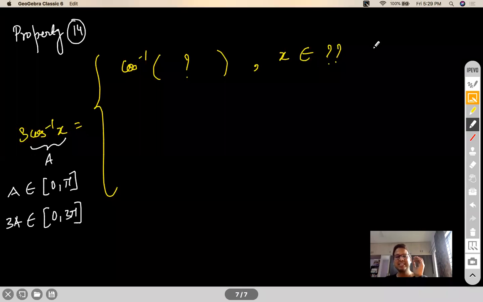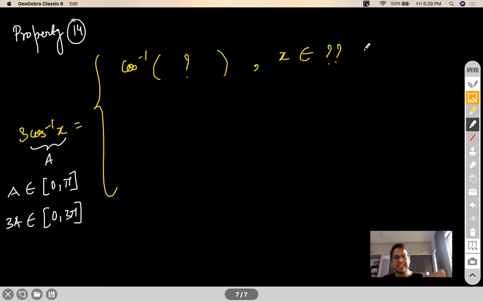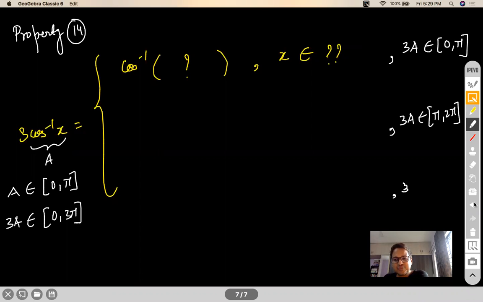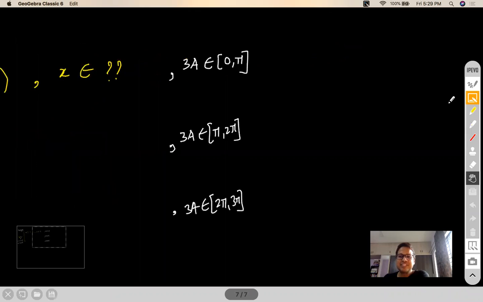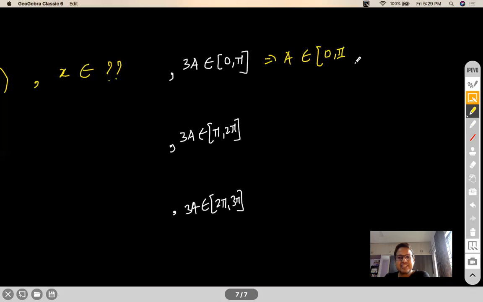So 0 to 3 pi, then 3 intervals have to be made because at every interval of pi, things will change. Correct. So this interval will be catering to 0 to pi. There will be one interval which should be catering to pi to 2 pi. And there would be one interval which is catering to 2 pi to 3 pi. Okay. Now, if this is your interval on 3A, A will be from 0 to pi by 3. So x will be from, now just apply cos on both of them. So cos